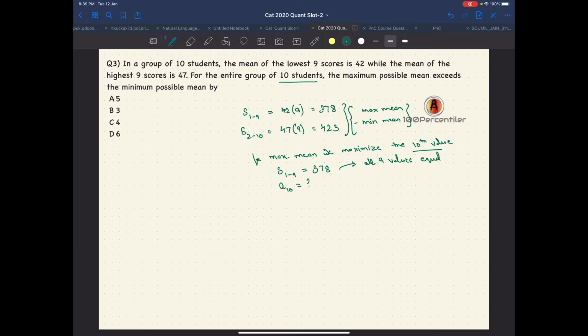So we can say that all of them would be equal to 42, since that is the mean. And therefore A10 is computed as S210, since we know the sum of the last 9 values is fixed, minus 8 times 42. This is nothing but S229. Therefore 423 minus 336. This is 87. Therefore S total would be 378 plus 87,